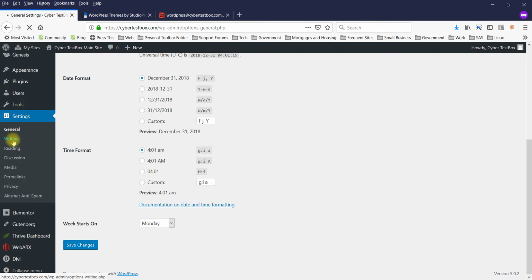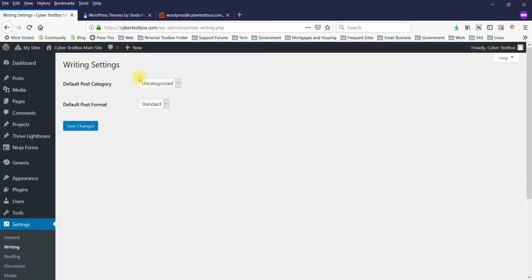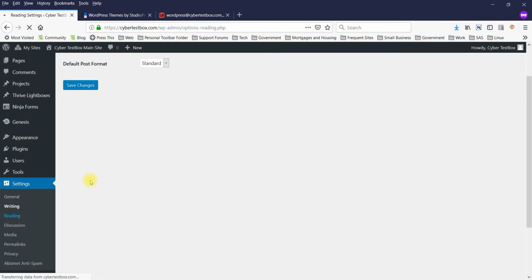you can also go into writing, and the writing settings, at the beginning you probably don't want to change anything. I would just leave it. Okay. In the reading, however,